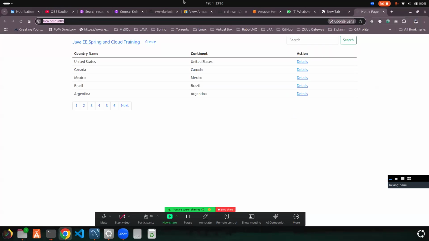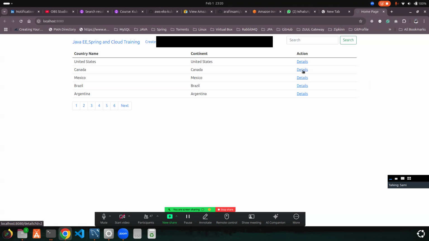Okay. So this is our index page. In the index page, can you see, if I put my cursor on the left side, you can see localhost 8080/details ID equal to 1. This one ID equal to 2, ID equal to 3. Can you see